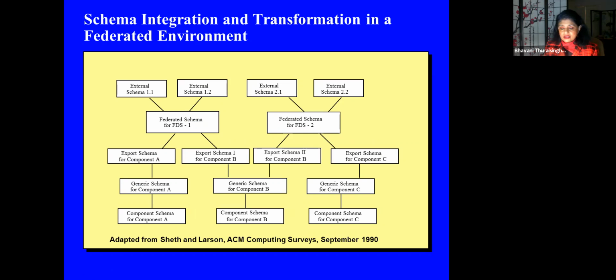It has thousands and thousands of citations. Okay, so what they said was, and remember, what I did for this work was incorporating security into this picture. This is their work. They said you have three components: A, B, and C. They have their component schema. We said A was relational, B was object, and C was what? IMS, I said, hierarchical.